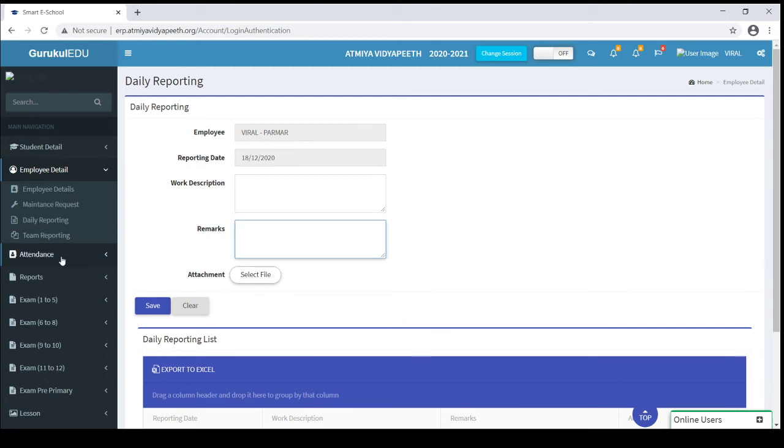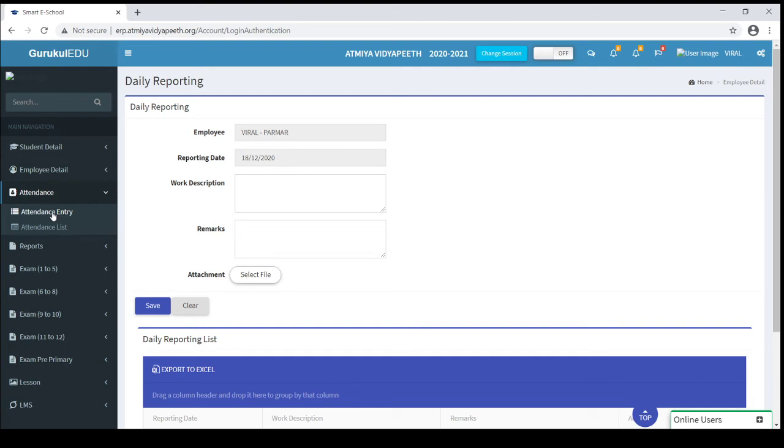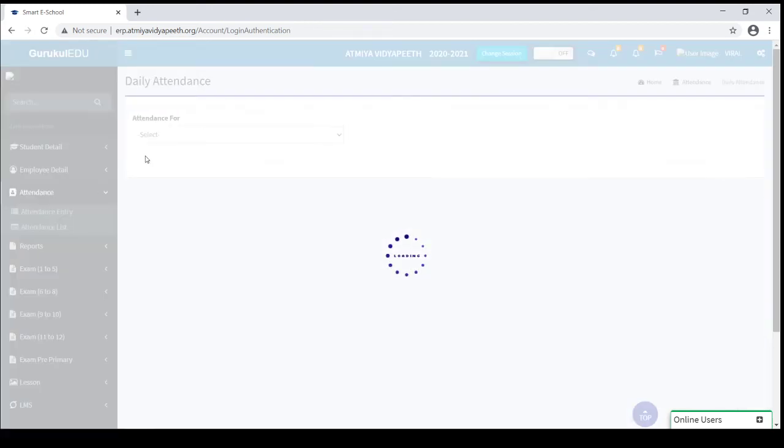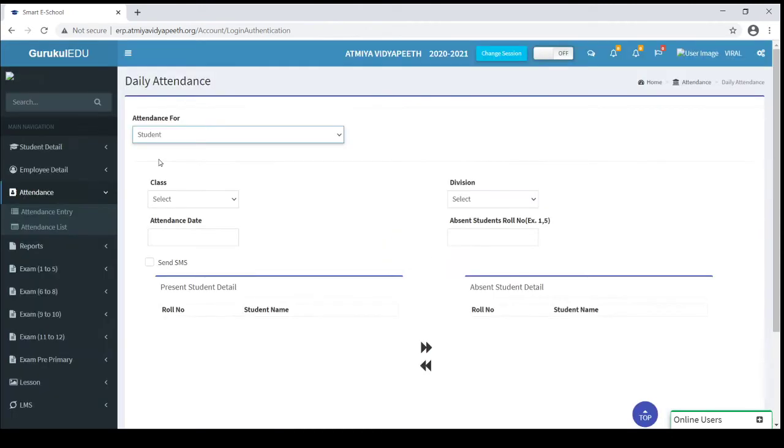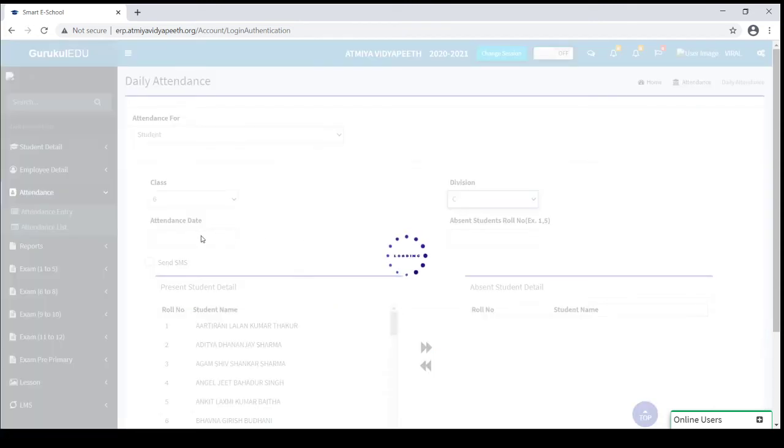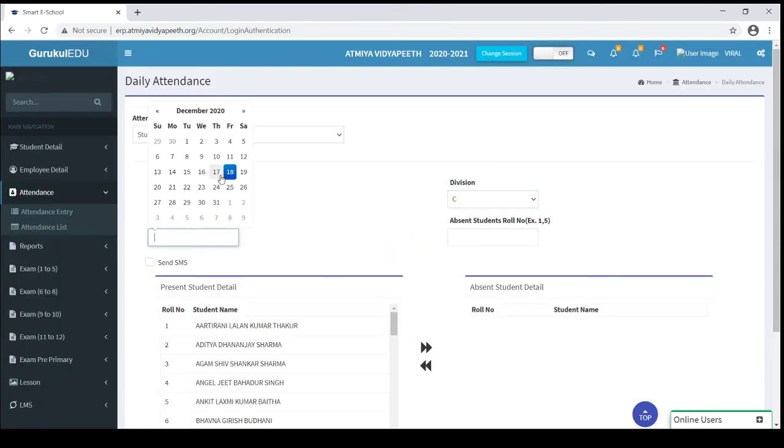Okay, next we will see attendance entry for the student. Teacher needs to select attendance for students. Here we can see the teacher has rights for class 6 division C, so he can take attendance for this division only.